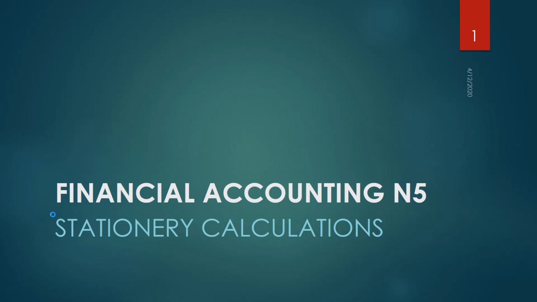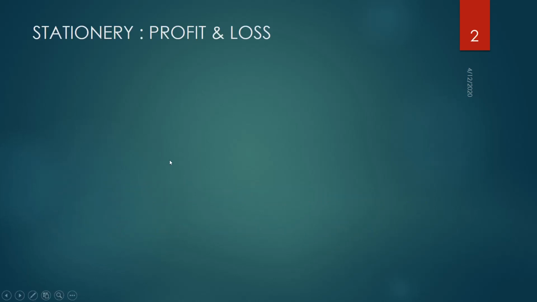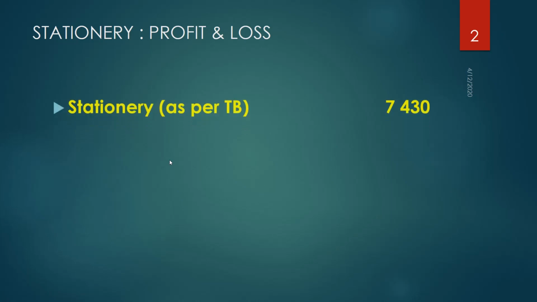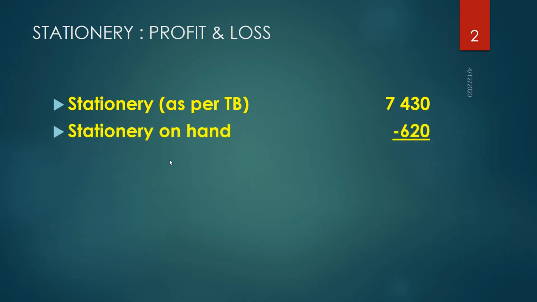So if you go to the calculations, this is a simple calculation. We want to determine the amount that will be taken to the profit and loss. We're going to start with our stationery as per the trial balance. It was given under the nominal section. We're going to deduct the stationery on hand because we don't want to expense that amount, because that amount will